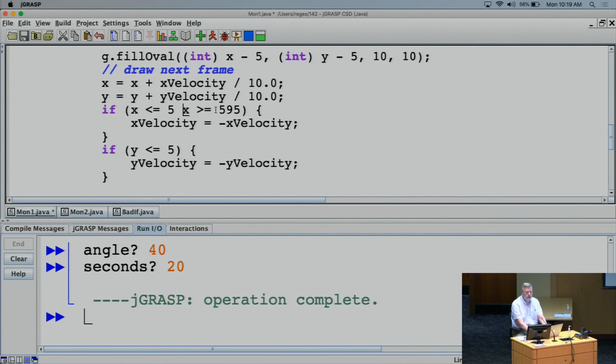So I've got two tests I want to put together. X being less than or equal to 5, x being greater than or equal to 595. And this is something we'll talk about more in chapter 5, but I'm going to put a little double vertical bar character here. That's an operator known as logical OR. So it's saying if either of those things is true, it's going to switch the x velocity. And I'll do an OR here, y is greater than or equal to 595. So we'll switch